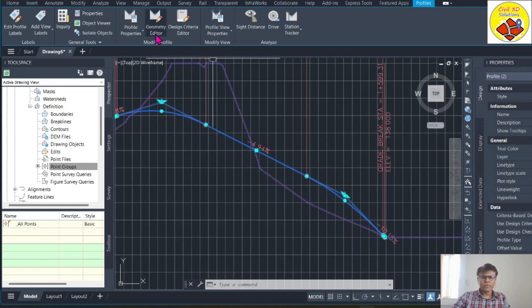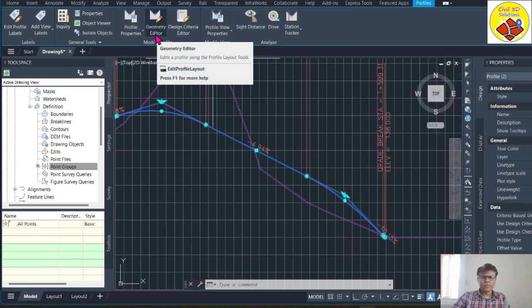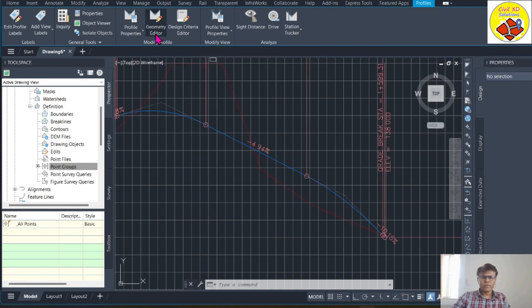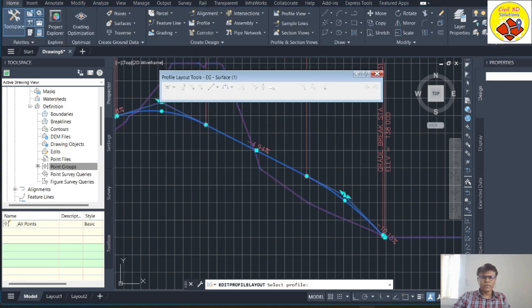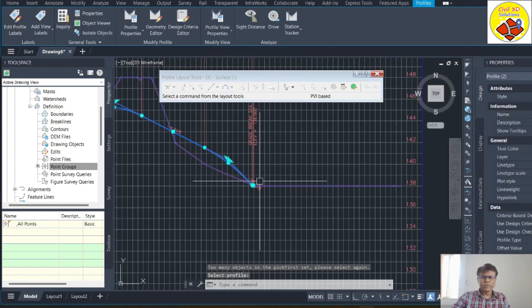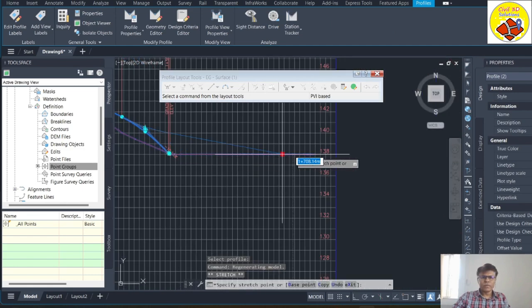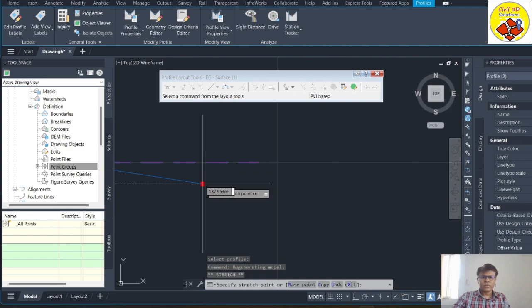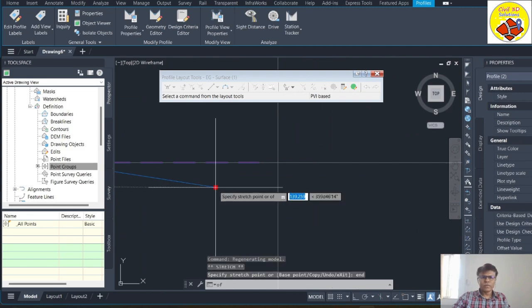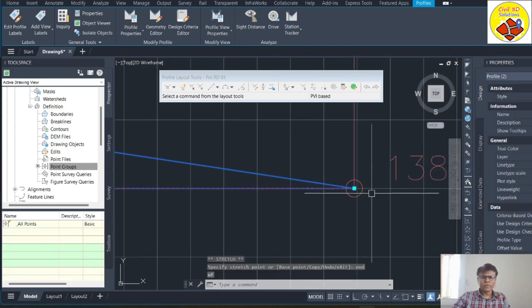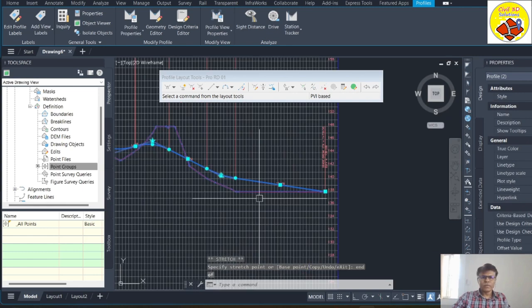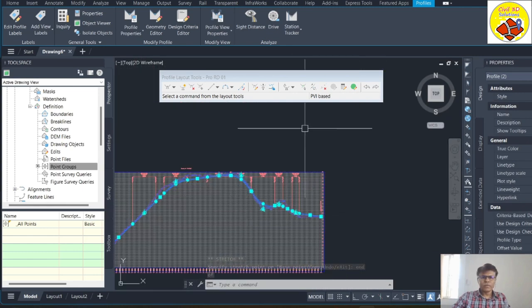Okay, we'll just say edit geometry. Okay, and we will use end here. Okay. That way it will be end there, and I will say